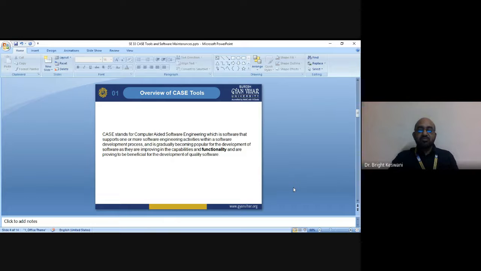CASE tools are basically software programs designed to assist human programmers with the complexity of the processes, and they provide the basis for software engineering. They constitute the automated tools that aid in the synthesis of requirements, analysis of requirements, and modeling and documentation of the software.